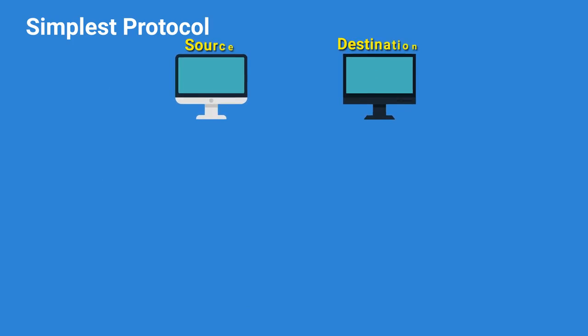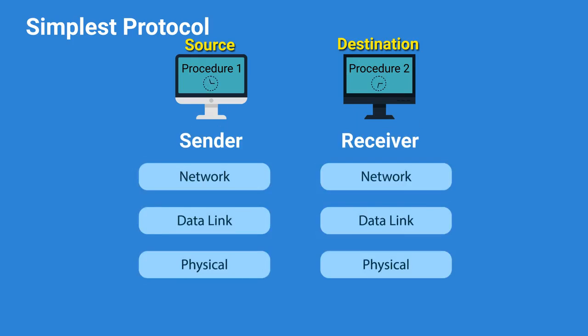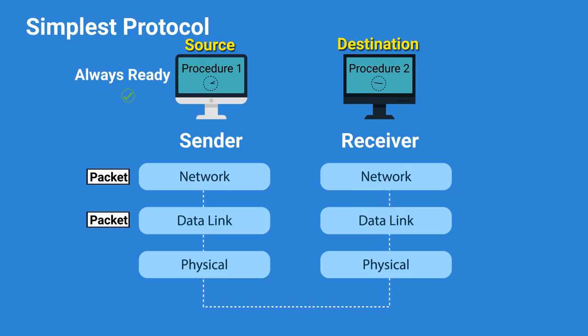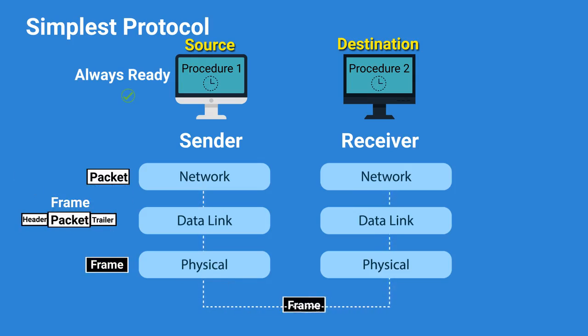The protocol has two distinct procedures, running in the source and destination machines. Both procedures, that is, sender and receiver, are constantly running, because they do not know when the corresponding events will occur. The sender is always ready, and pumps data out onto the line as fast as it can. The sender sleeps until there are some packets to transmit. If there are packets to send, it takes the packets from the network layer, makes a frame by appending a header and trailer to the data packet, and transmits the frame to the physical layer. The same procedure repeats for all frames.